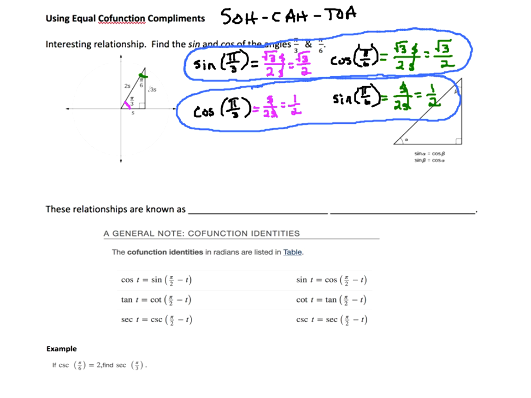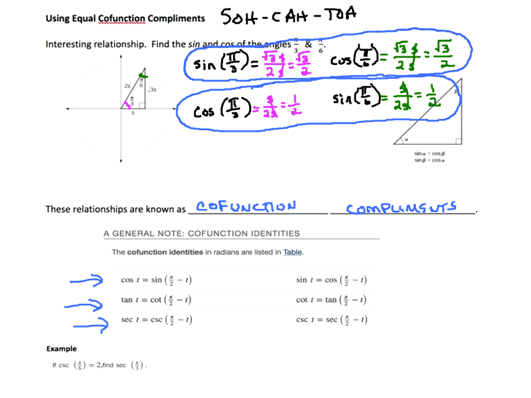Okay, so these relationships are known as co-function complements. Co meaning with, so these functions work together to complement each other. Complements kind of complete each other, they complement each other. So this is all of those relationships that fall